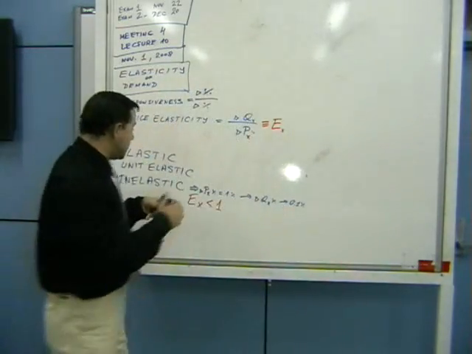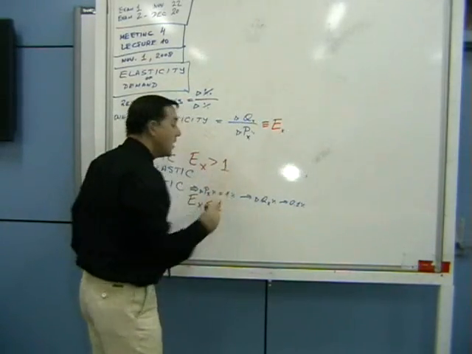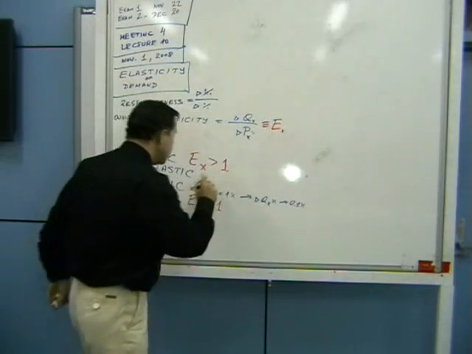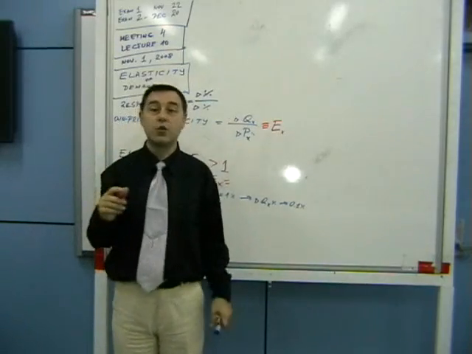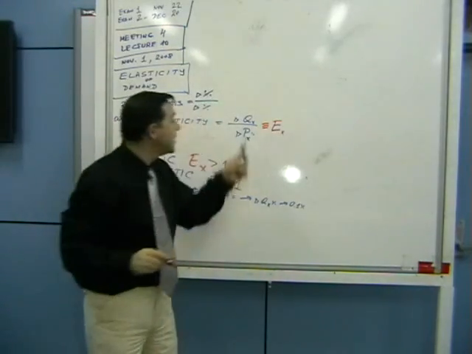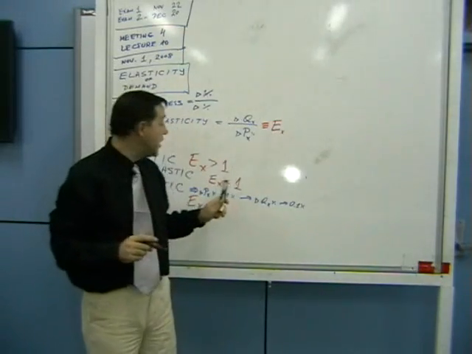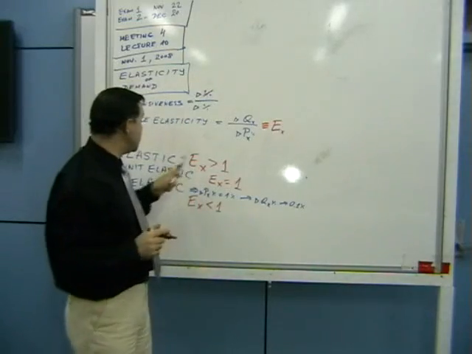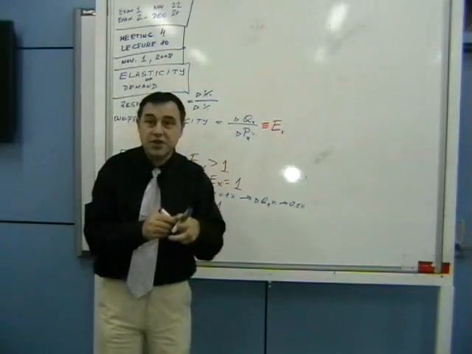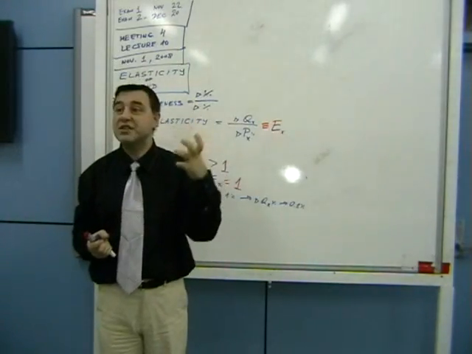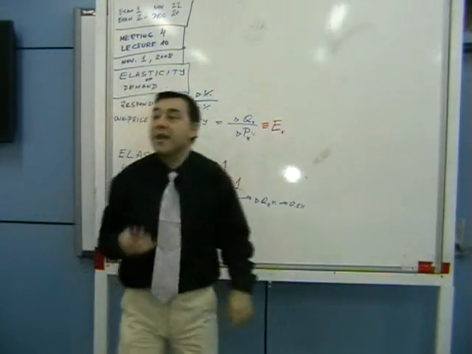So, elastic means that the elasticity is greater than 1. And unit elastic simply means that the changes correspond 1 for 1. In other words, a 1% increase in price will result in a 1% reduction in the quantity, and the ratio is 1. So these represent definitions. But these definitions are based on common sense business logic. All right? Why is this very important from a business point of view?